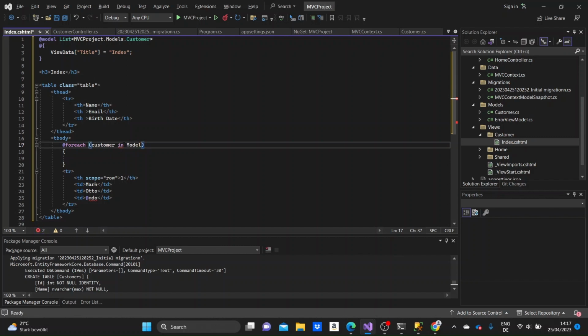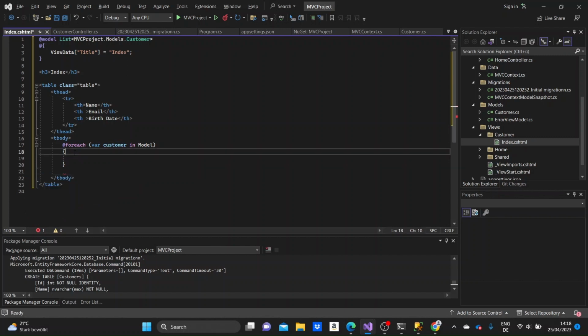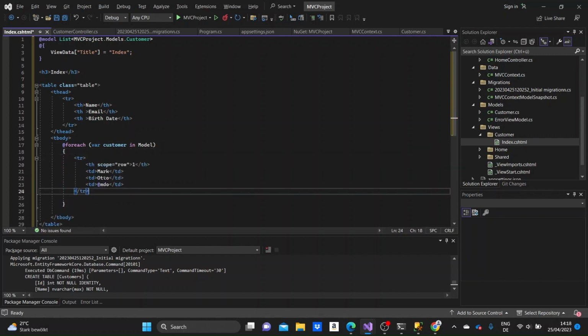Something is wrong. We need to put a type for the customer, just like a variable. It could be int, it could be string, whatever, because they are different. We just put var there. So for each customer in the model,